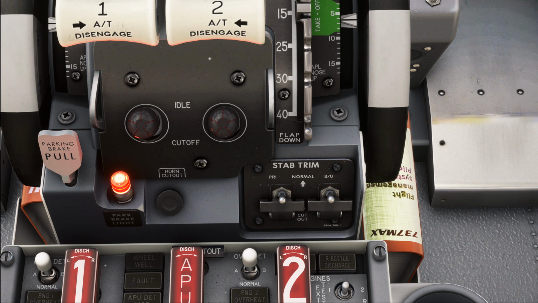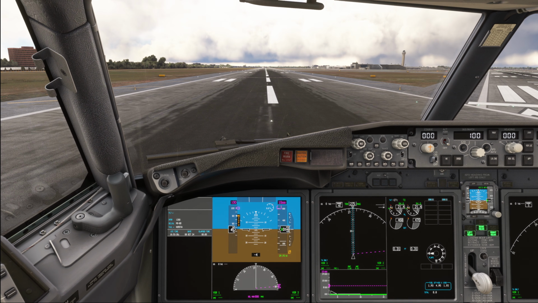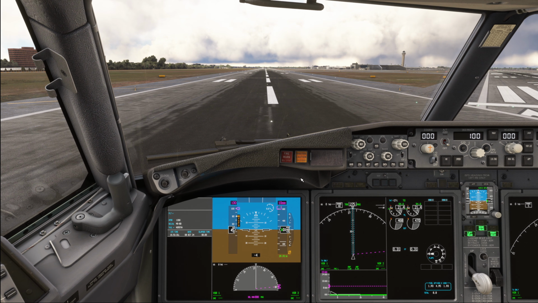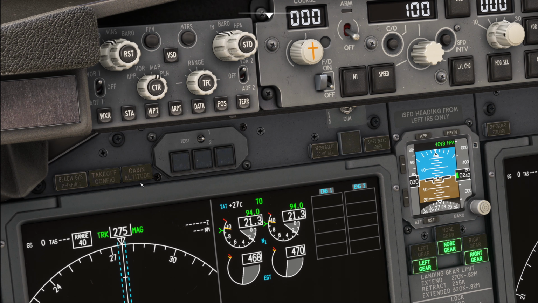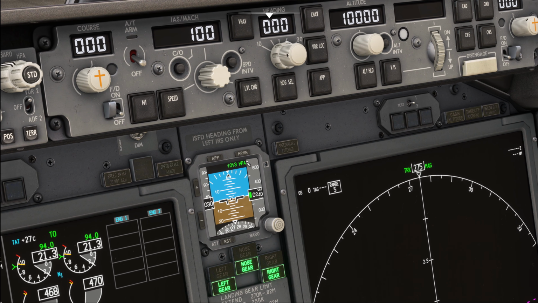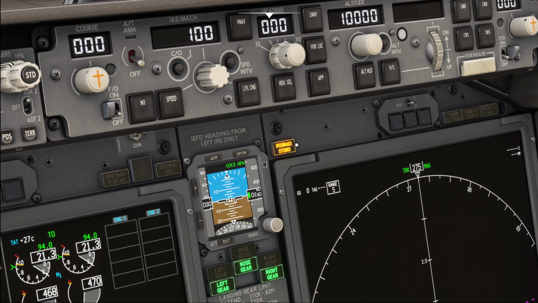So, let's go ahead and have a look at a couple of further changes to the speed brake system. And that is the speed brakes extended light that we can find on the main panel over here. So, speed brake extended. Now, in the 737 MAX, this system has been enhanced in order to illuminate